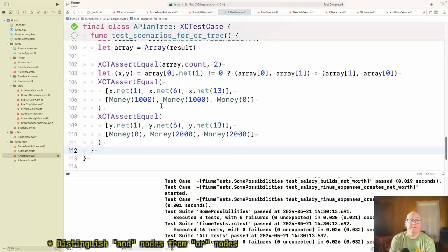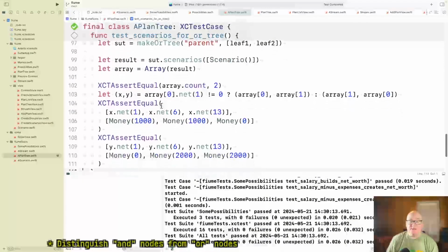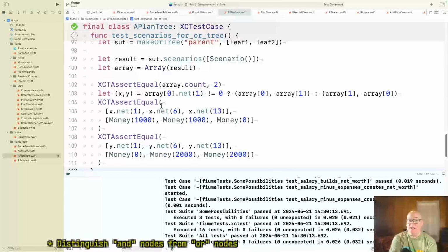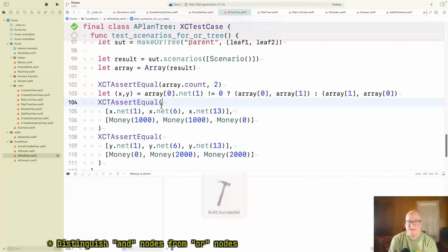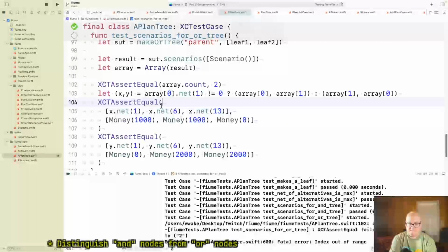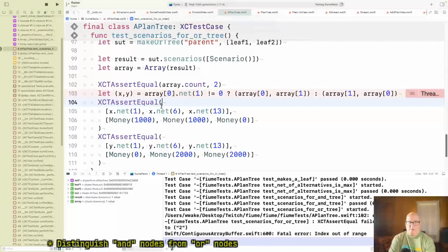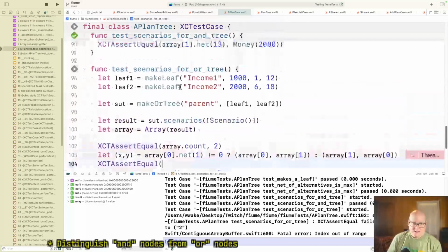Okay, so I got to figure out which one of the set is income 1 and which one is income 2. So I'm sort of presuming the answer is not 0. I'm presuming it is 0 for income 2. All right, let's see how this works. It's going to fail. It's going to fail in 102 if nothing else. Some random value might be all right. Well, let's see the messages. Index out of range. Yeah, so there was only one item coming back. All right. I think that gets us at least through the first step of this.